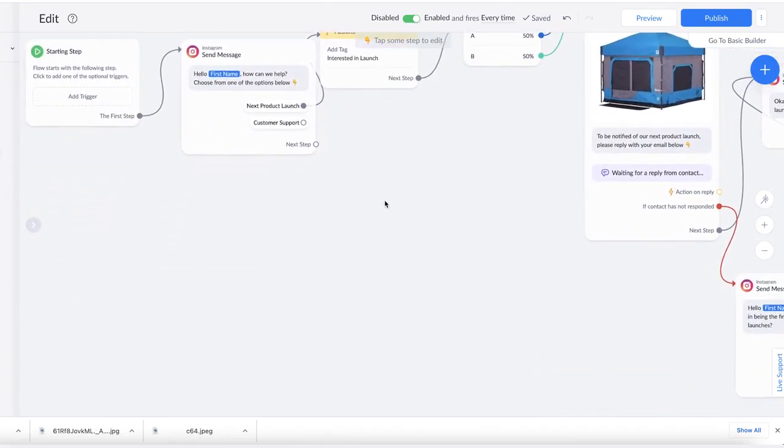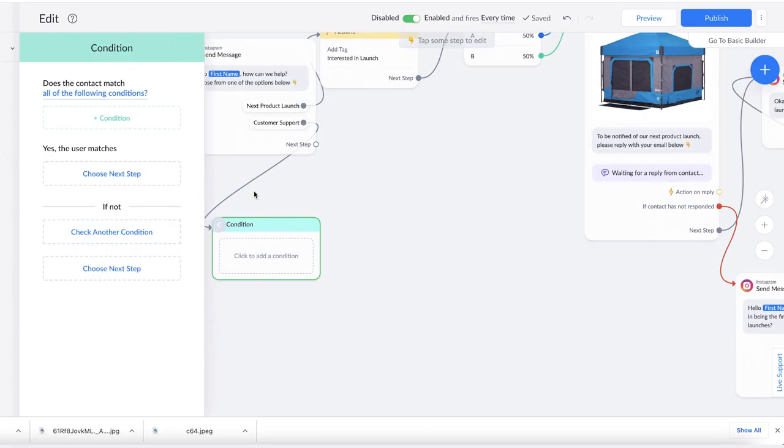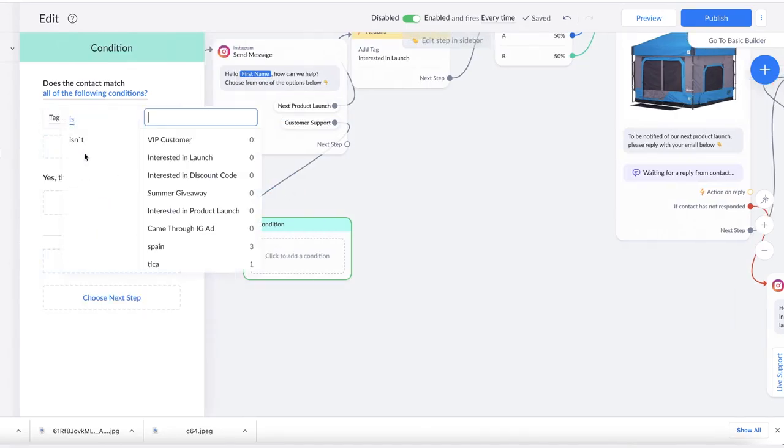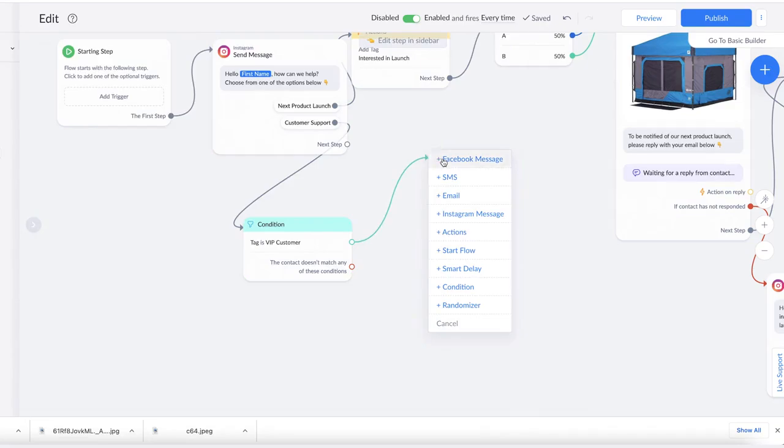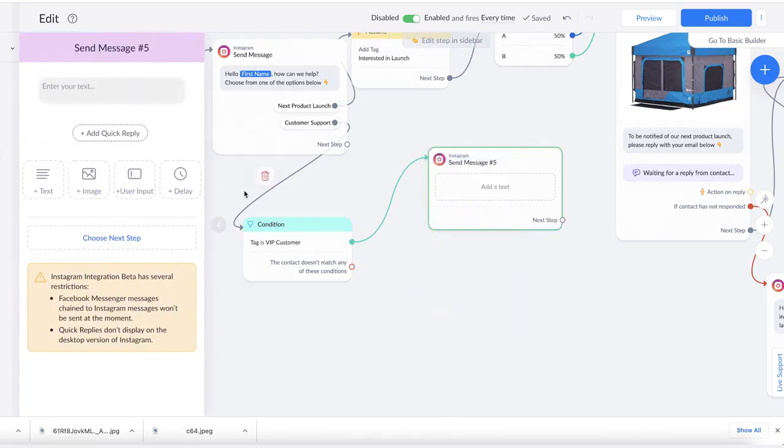We'll do something simple like checking to see if a customer is tagged as a VIP customer, so we differentiate the messaging if they are. So click here and choose condition. Now we can actually tag VIP customer. So if they are tagged as VIP customer, then we can give them a different message based off of that